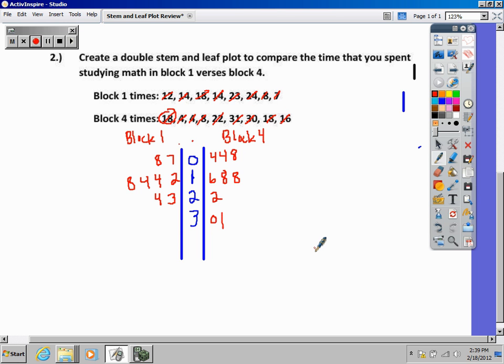And what you could do too is count the number of items you had to make sure you didn't miss any. So you have 3, 4, 5, 6, 7, 8, 9, 3, 6, 7, 8, 9. So that looks right. So this is a double stem and leaf plot that compares